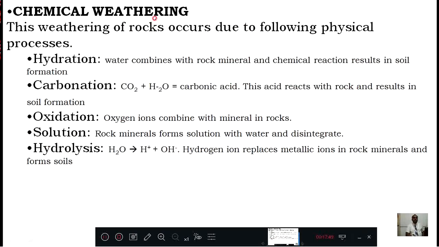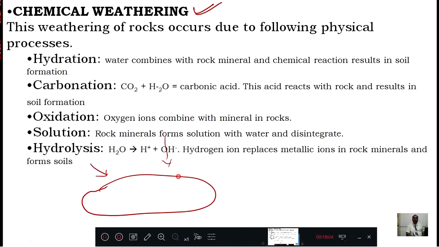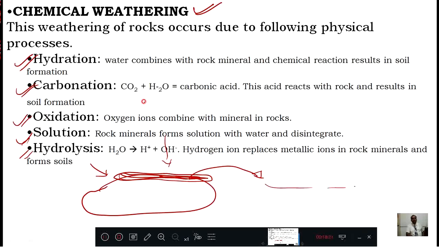Now, the second point is chemical weathering. Chemical weathering means chemical reactions take place on the rock surface. See, this is a rock surface. It will have some chemical compounds and chemical properties. Through the wind, some chemical elements will come, and through the rains and water, some chemical elements will come. Then all together they will mix here, and some chemical reaction will take place. Because of the chemical reactions, this rock will disintegrate and come out. This process may be hydration, carbonation, oxidation, or solution. The definitions are there. This is again the chemical weathering of rock.